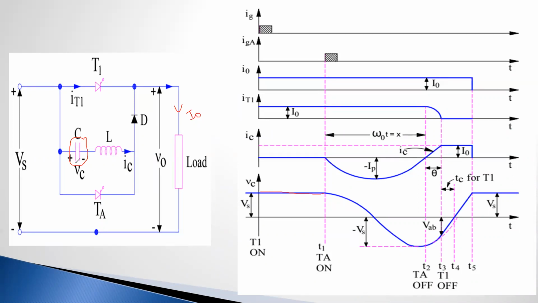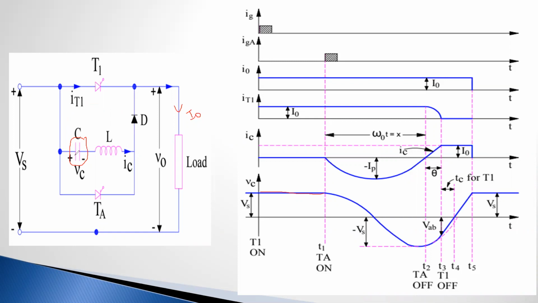The capacitor is fully charged. To discharge, some circuit must be closed. Current should come from the positive plate to the negative plate. Clear? But here the capacitor current cannot flow through this direction. Here a diode is connected, in the reverse direction. So the cathode will be positive and the anode negative, so current cannot flow through this direction. The capacitor current cannot flow through this direction because of the connection of this diode. It is clear? Means no chance for the capacitor current to flow in this circuit.